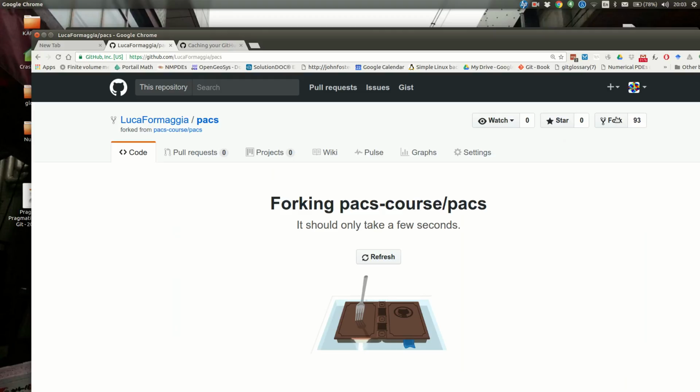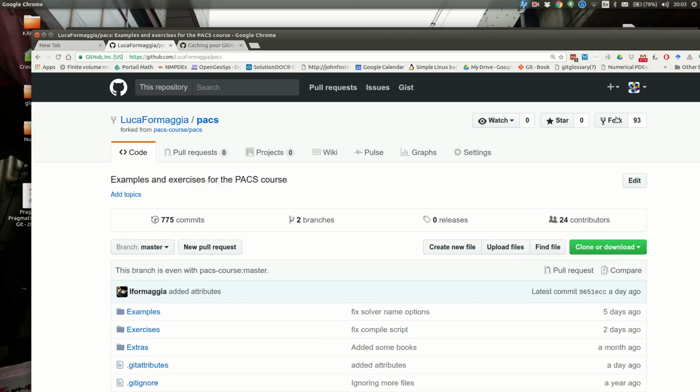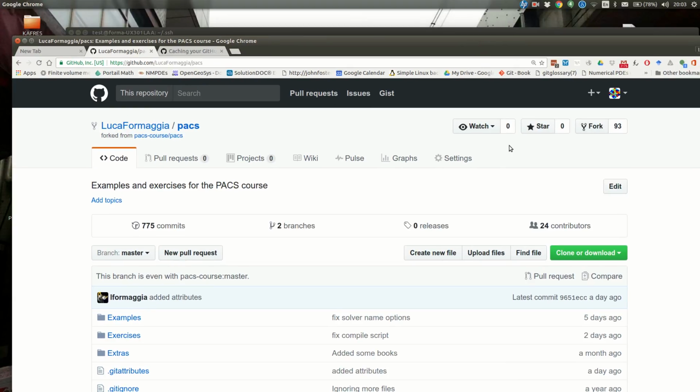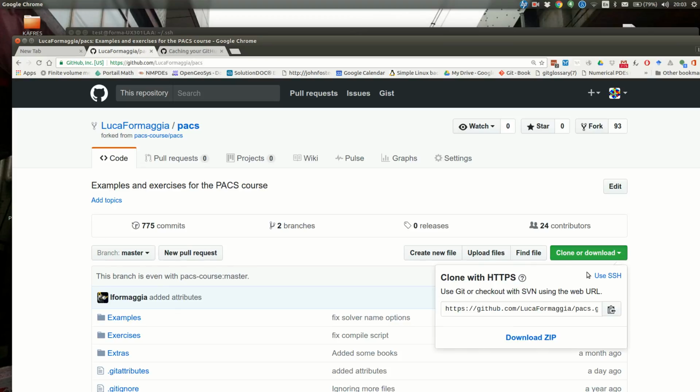Or you can create a new repository, of course. So here I'm just doing the fork because it's simpler. You may want to do that with your own repository. That's not so important. And now when you click clone and download, you choose use SSH. Okay? You copy, and then when you want to clone,